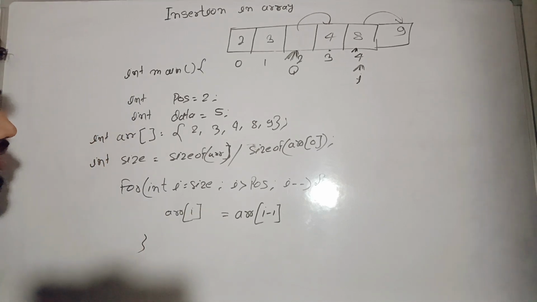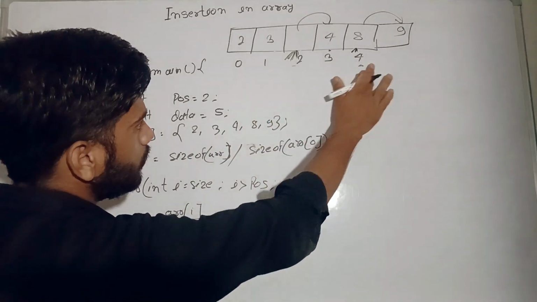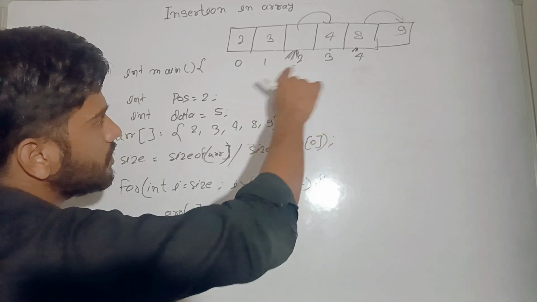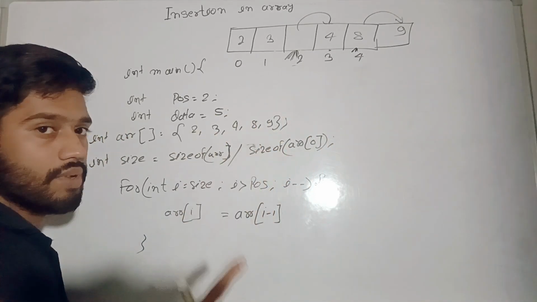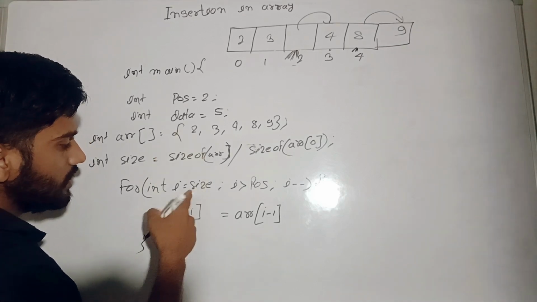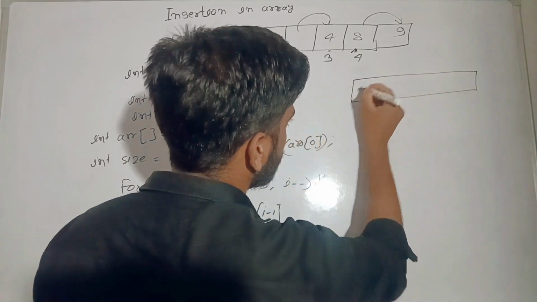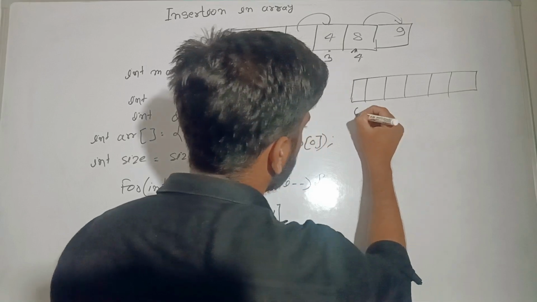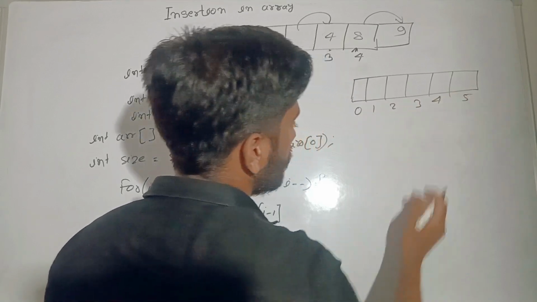Okay, because size, its index value is 4, but its previous size is 5. 1 2 3 4 5. Previous size is 5, and the size is indicating. If I create 1 2 3 4 5, then 1 2 3 4 5, that's it.